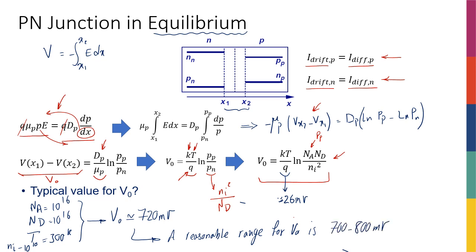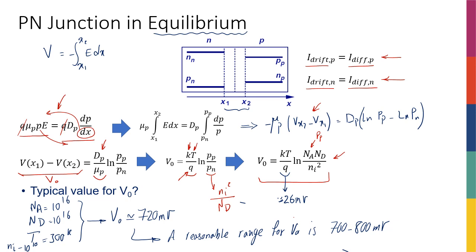And by reasonable, I mean at reasonable temperature with reasonable doping. We're not going to go much larger than 800 millivolts, and we're not going to be much smaller than 700 millivolts. So you can think of it that whenever a PN junction, or a diode, is in